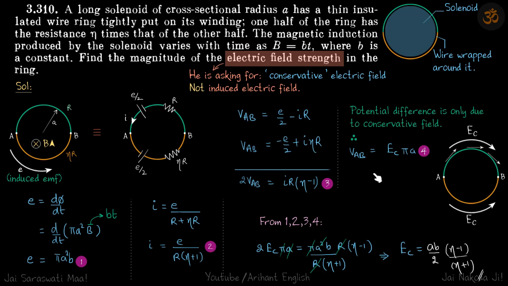Now this is a very short solution, and if we know that the conservative field is tangential and its value is the same everywhere and the same above as below, then we are able to write this equation. So for now let's assume these things and get the answer, and in later videos we are going to analyze how we took all these assumptions.